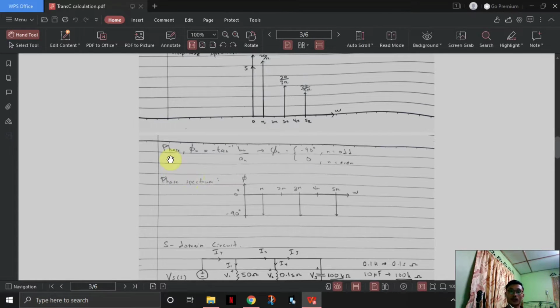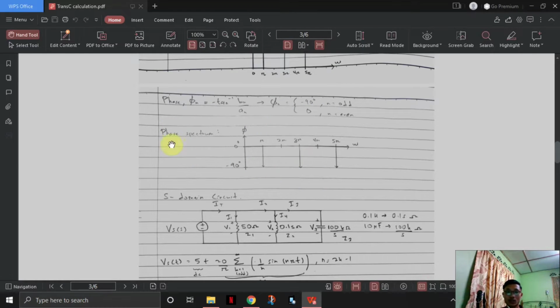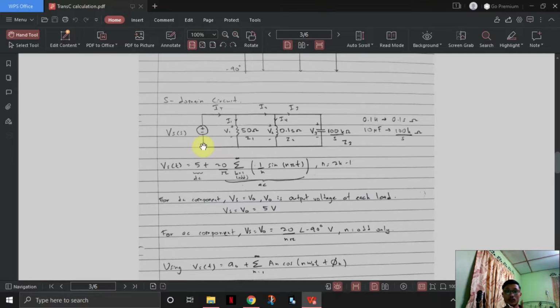Then we need to find the phase. These are the formulas, and then we'll have this range: -90 degrees for odd numbers and 0 for even numbers, and then we'll get this phase spectrum. As you can see, for odd numbers we will have negative 90 degrees, but for even numbers it is 0. Then for the S domain circuit,